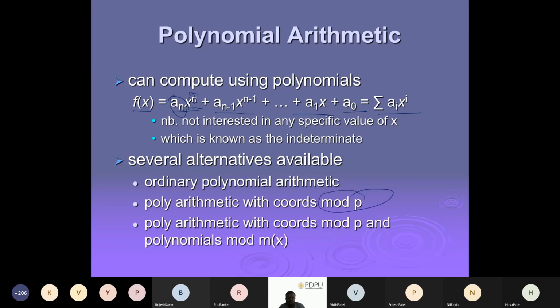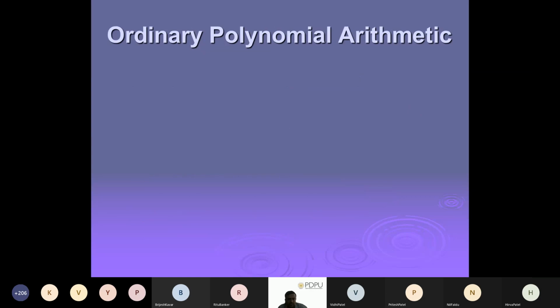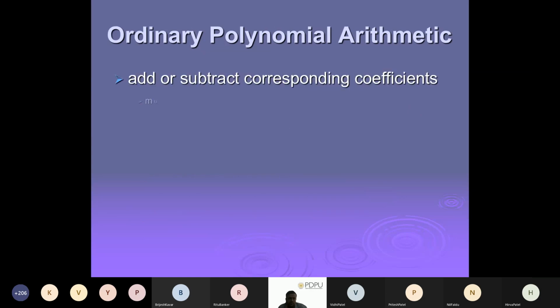Okay, from now onwards, whatever ciphers or algorithms we are going to see, at every sentence they are not writing the mod p at last. Like we have done in a previous slide, whenever we do any operations, at last we have to apply the modulo operation. That's why in any textbooks or research material, they are not writing mod p in every sentence. It is implicitly understood that whenever you do any operation, a mod is supposed to be applied at the end, so that your answer will be between 0 and p minus 1.